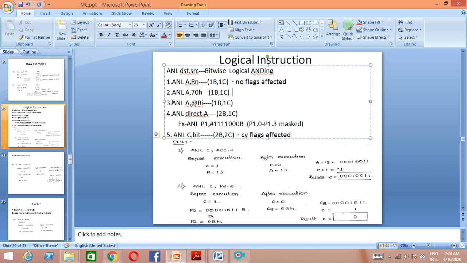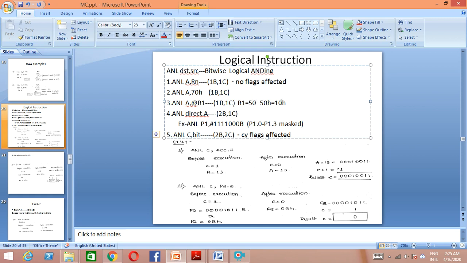Next is ANL A comma @Ri, where it can be anything. As we know, there are two registers we can use for indirect addressing: R0 or R1. So with @R1, suppose R1 has 50H, and 50H has a certain value, suppose 10H.